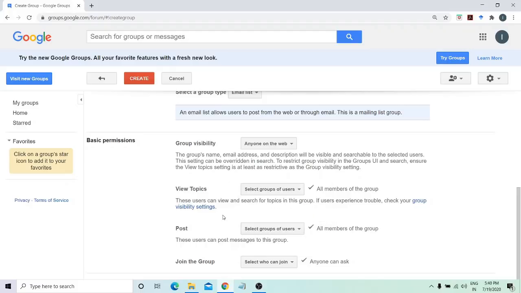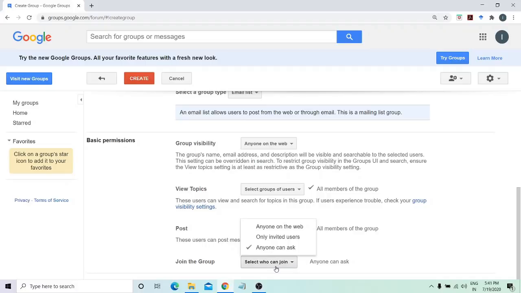The owner of the group is the one by whom the group is created. For example, I have created this group through my email ID, so I am the owner of this group, and I can also assign some other person's email ID as the manager of the group, who can change or modify the group or have some admin powers.